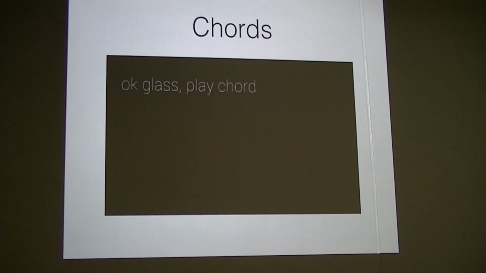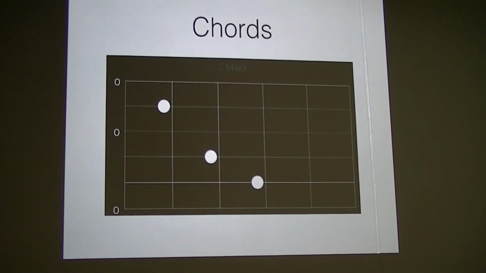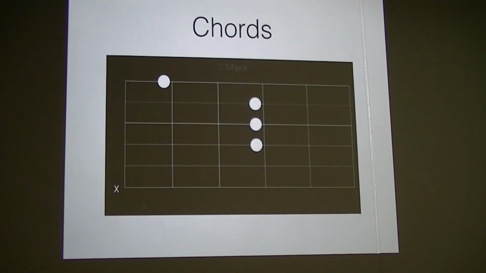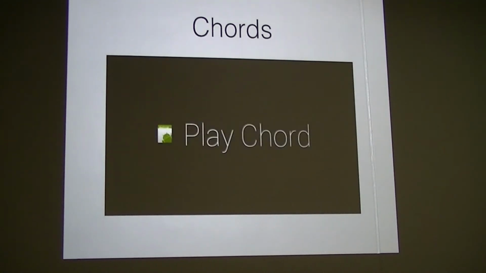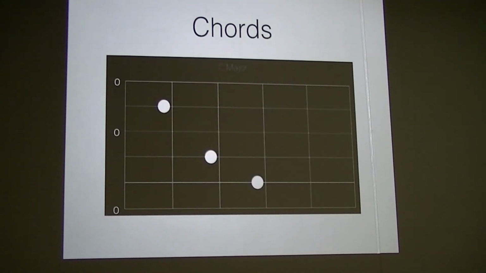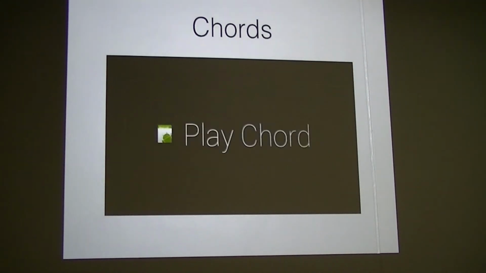So you say, okay Glass, play a chord, and you say the name of the chord, and it will show you the chord. Right now it's showing the guitar position for the chord, and you can swipe between multiple positions. The menu lets you play the chord, where it plays the sound of the chord through the glass speakers. So that's the basic app.